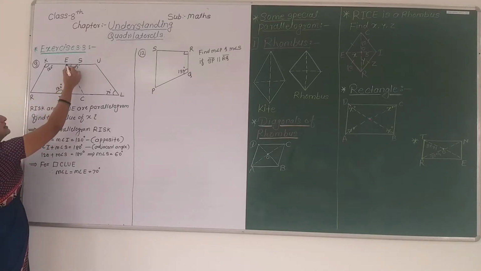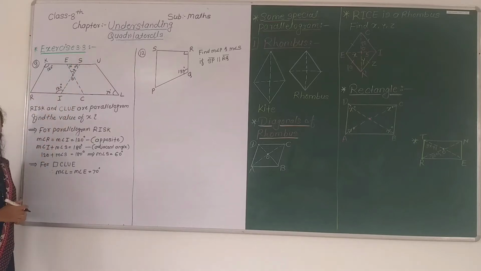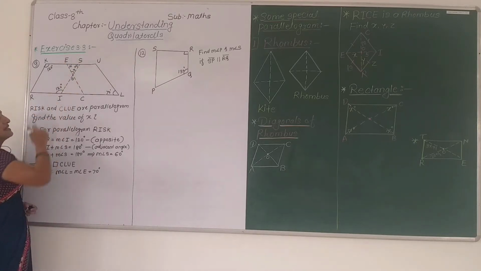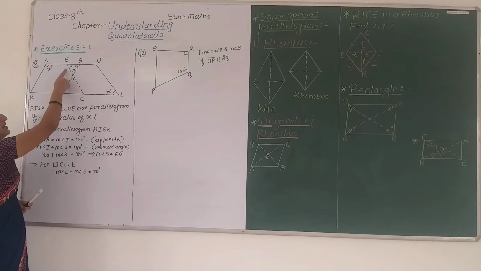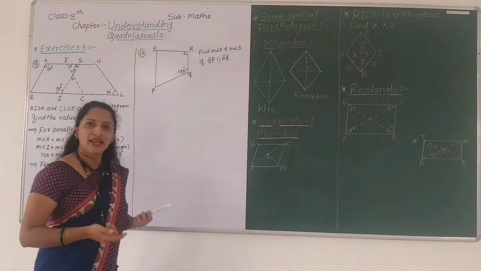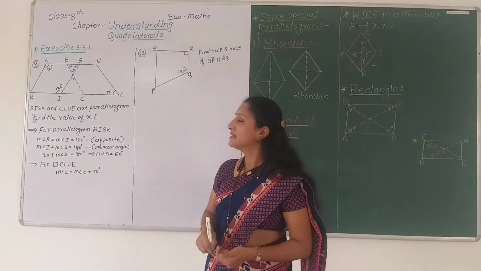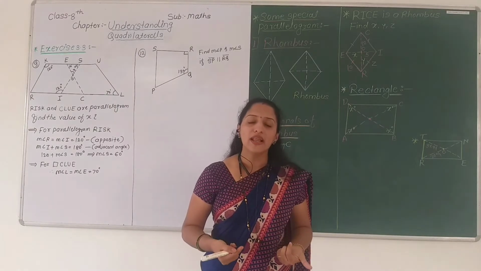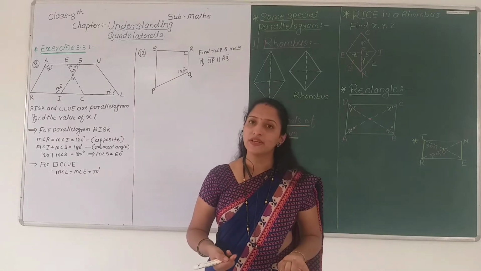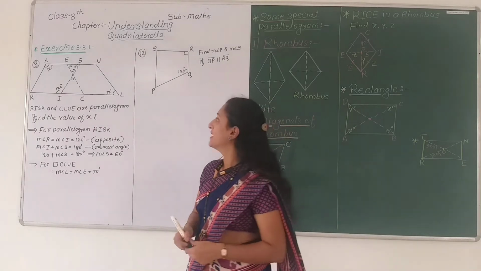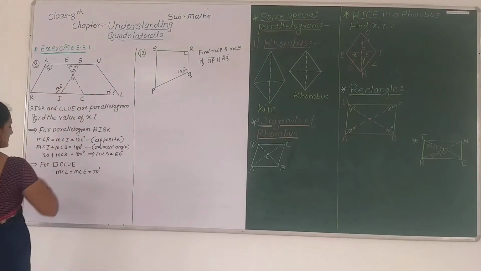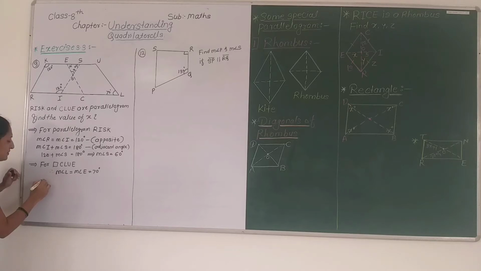Now look at here, that E, we call this point as O. EOS is a triangle. One of the angles, E, is 70 degrees, S is 60 degrees. So how can we find angle O? Yes, using angle sum property. We already learned that the sum of the measures of all angles of a triangle is 180 degrees. So using angle sum property, we can easily find the angle. Okay. So in triangle